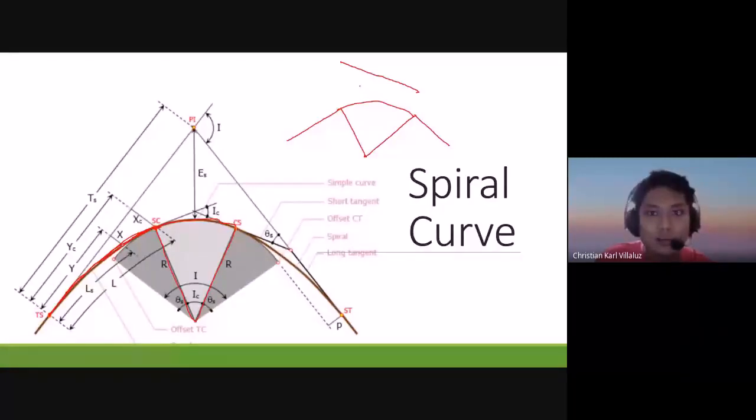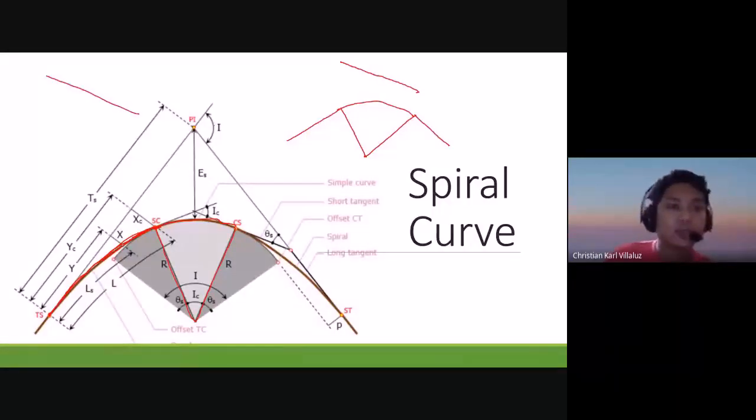Okay, depende sa kung anong direction ng curve. So ang purpose kasi niyan ng super elevation o nung slope nun sa roadway is to counteract the effect of centrifugal force. Okay? Kasi kung liliko ka, di ba sa rotation of a certain object ay may tinatawag tayo na centrifugal force where it is a force that is acting